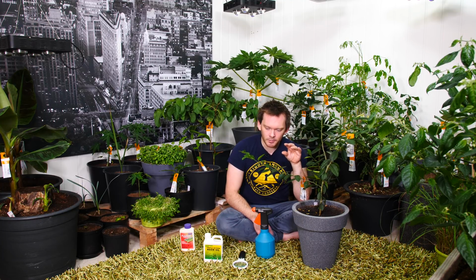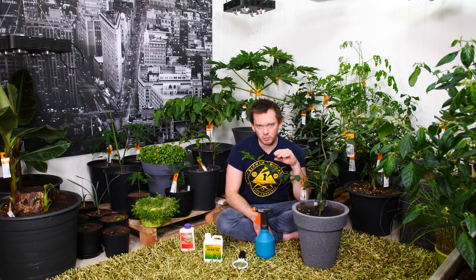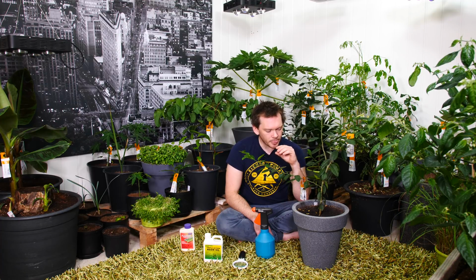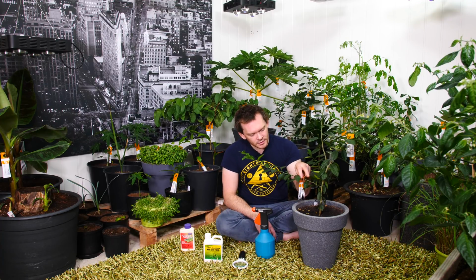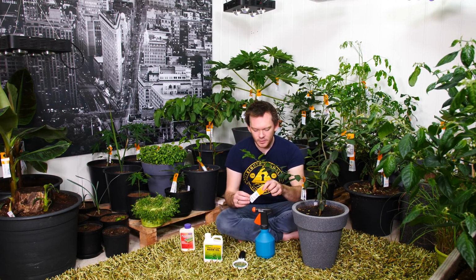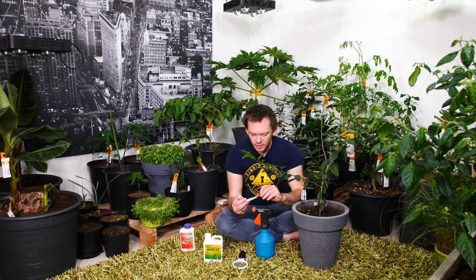But I think that my issue back then was that the problem was really so severe that there was just no point of return. But this time I'm getting in there, and there's just a few thrips here and there, and my plants aren't really affected at all. But this time I wanted to try these slow release sachets, and these ones are